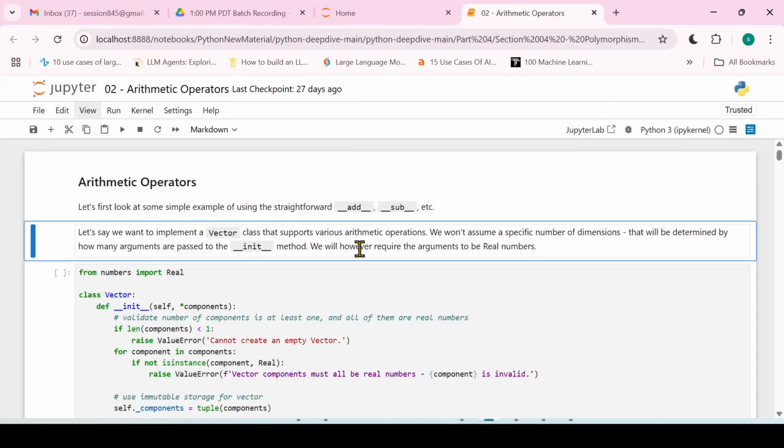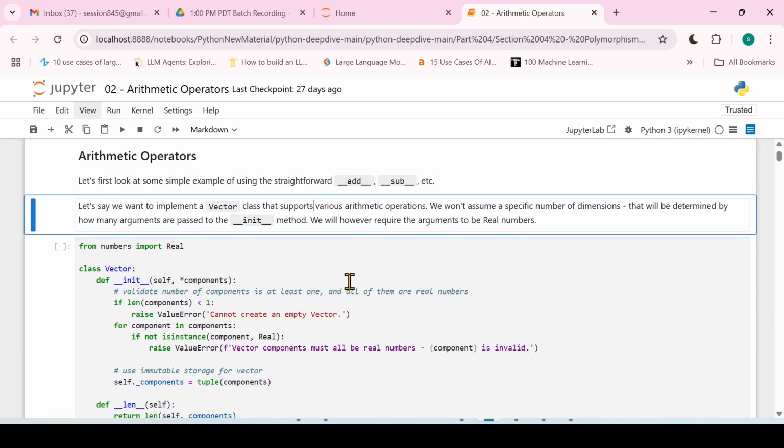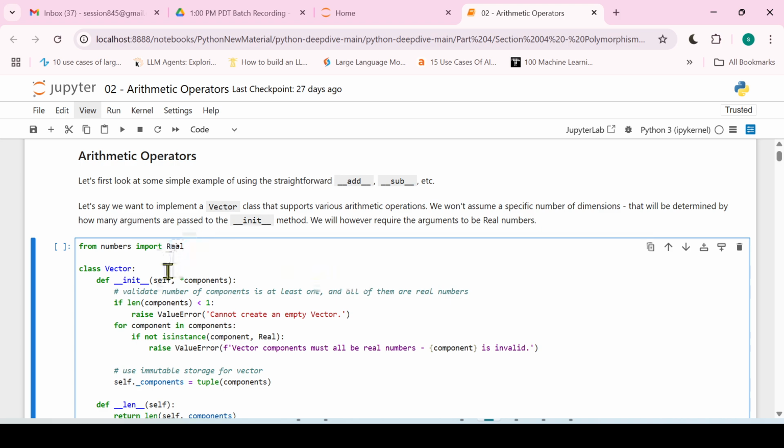Hello. Now we'll discuss the arithmetic operators. We have already discussed a few operators earlier, right? So let's start implementing the add and subtract methods over here. What we are doing is implementing a vector class which supports various arithmetic